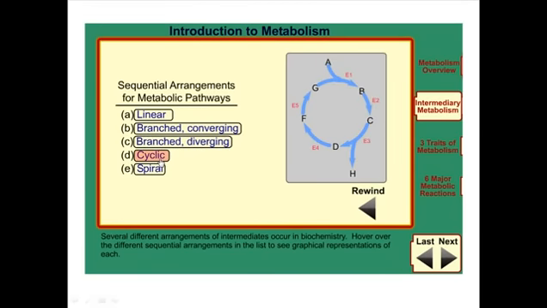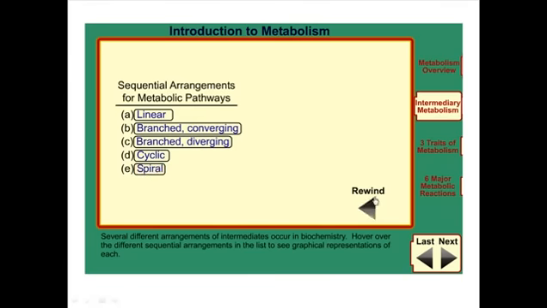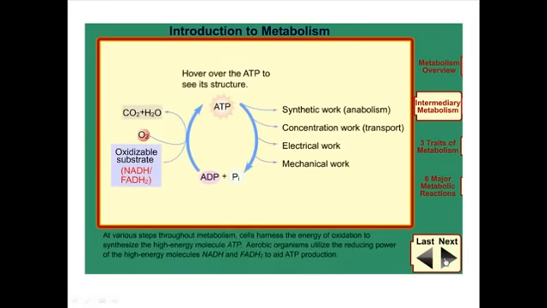And we can also have the cyclic pathway. An example of this cyclic pathway is the TCA cycle, or citric acid cycle, which is the base of carbohydrate metabolism in all living cells, most importantly. And we can have the spiral pathway, which is not that common in nature, but we can also find all these types of pathways. Now let's look at traits of metabolism.